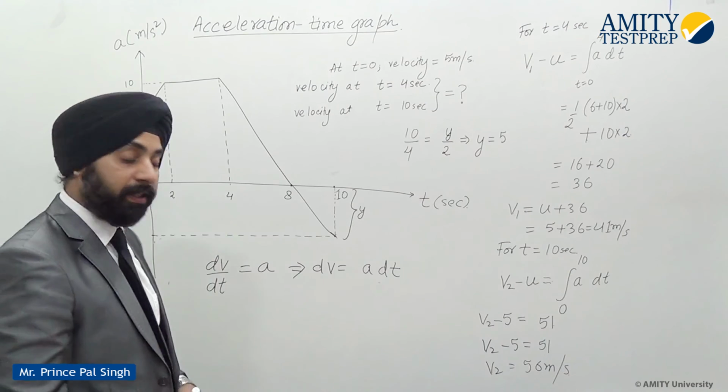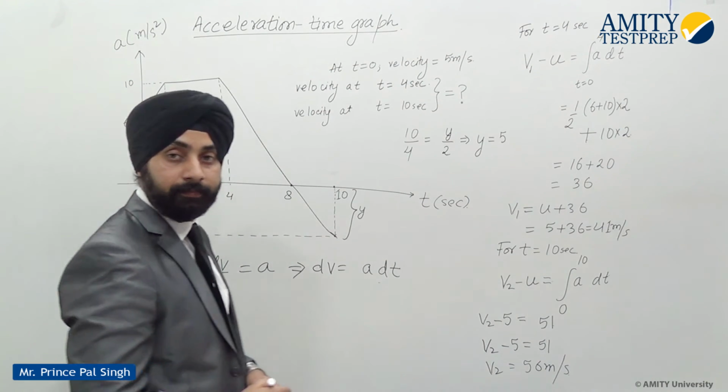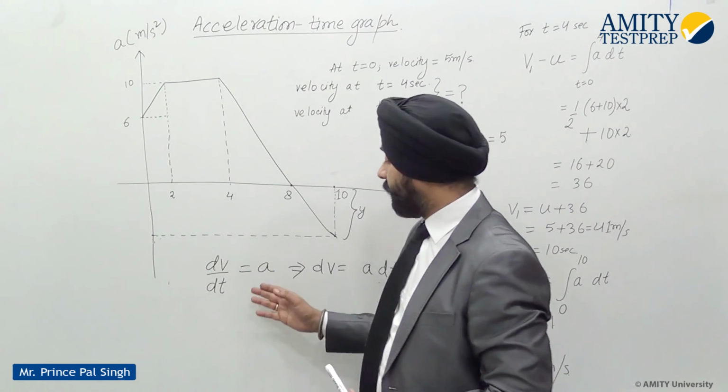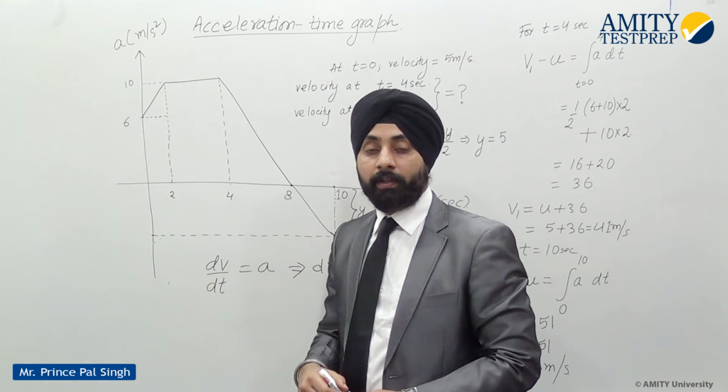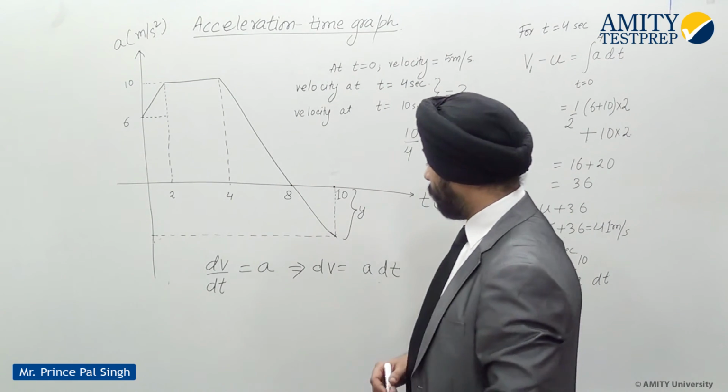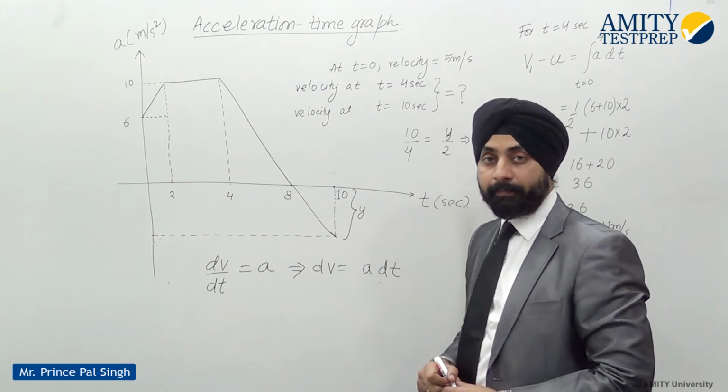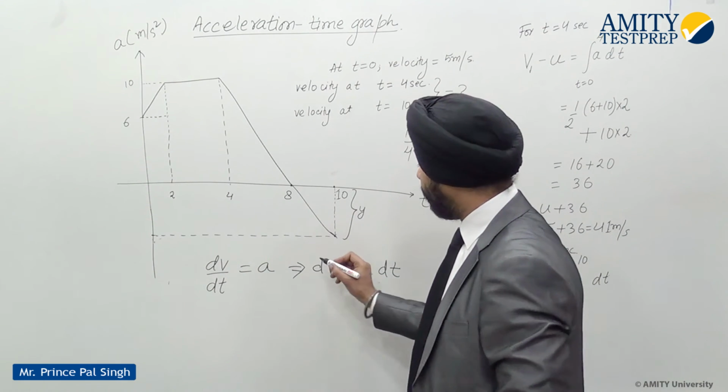First of all, we know that dv by dt is equal to a. That is, the instantaneous acceleration is the derivative of the velocity. This implies that dv equals a dt. If I integrate this